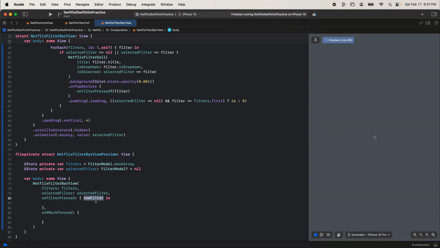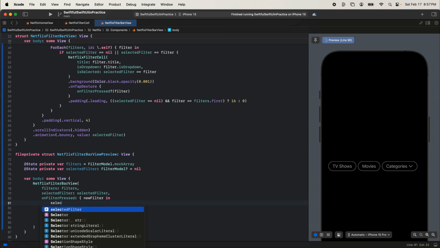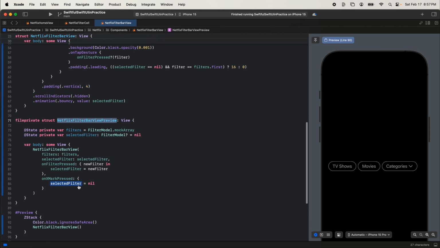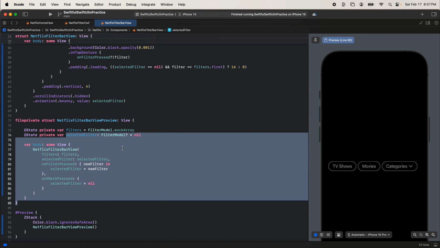So if they click a new filter, let's set the selected filter equal to new filter. And if they click the X mark press, we'll set selected filter equal to nil. Make sure it works. Let's put our preview on the screen here. And beautiful. And you're probably wondering, why am I doing this rather than the way we did it in the